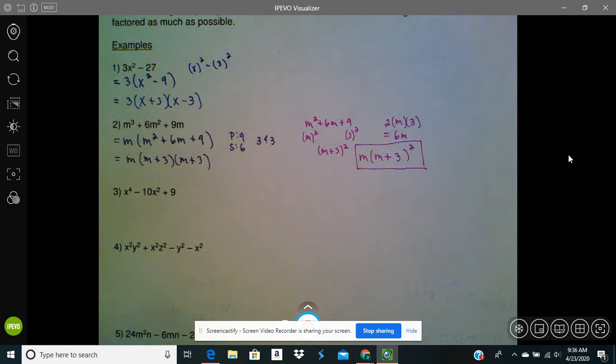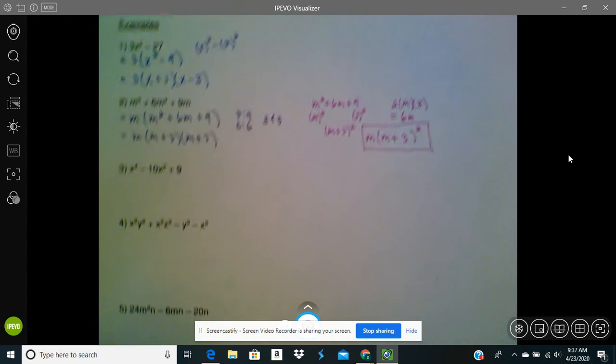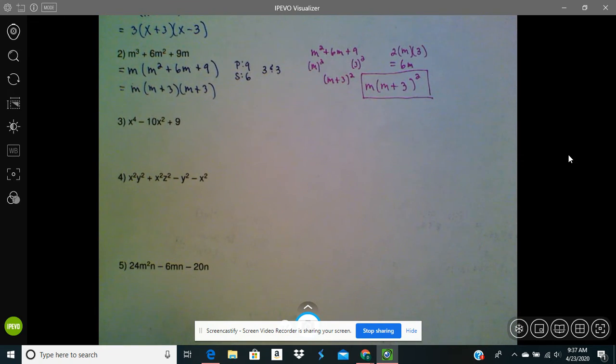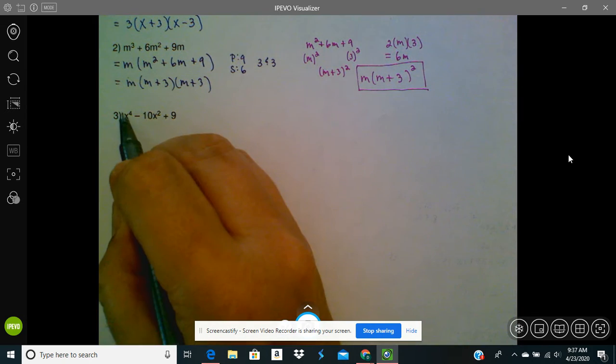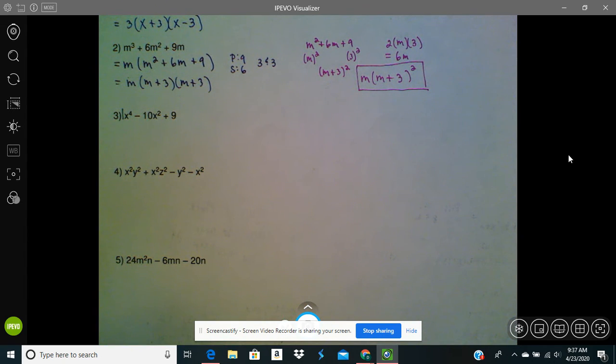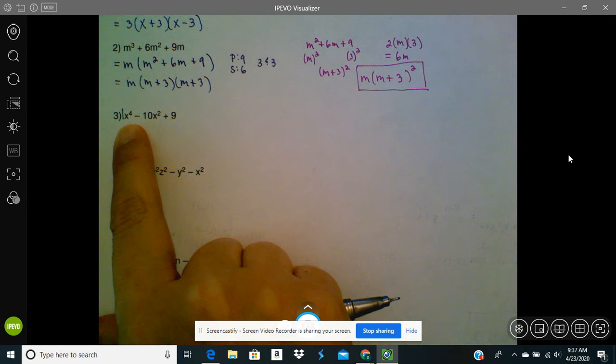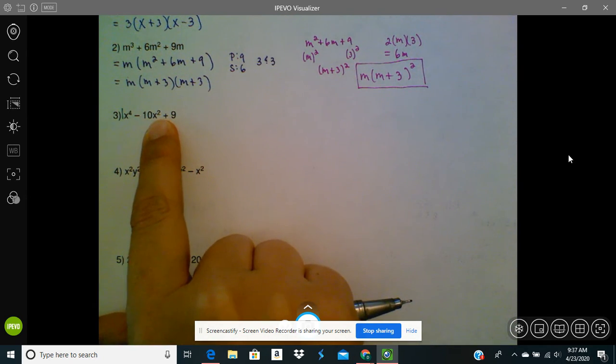All right, let's look at number 3. Number 3 is interesting, okay? Now, we can do the same thing again. We can play product sum, we can play square. I think for this one, I just want to do product sum because I am lazy. I notice that there is a 1 in front of here, so that means I can do the same thing. Even though this is not x squared and x, this is a square, and this is just a whatever term,